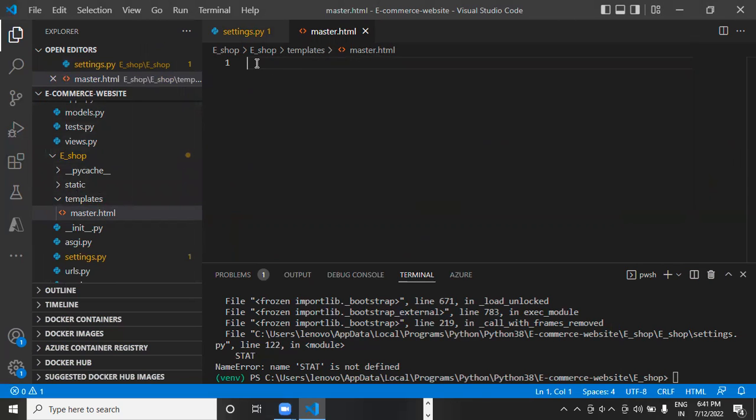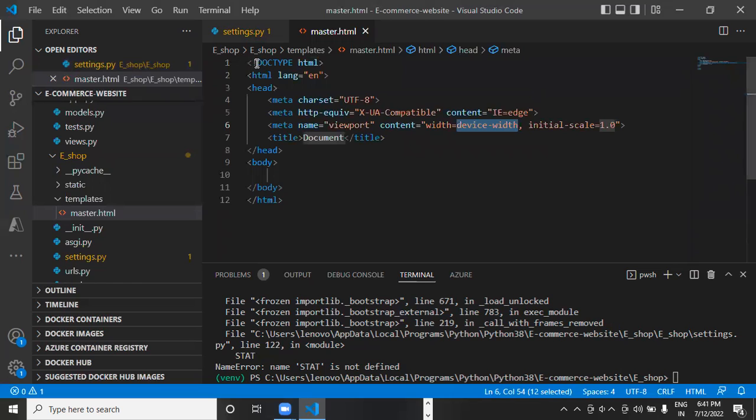Then Smitaji, you have to put an exclamation sign, and the moment you press the tab button, automatically this whole HTML code will come. I think I've already told you in the last